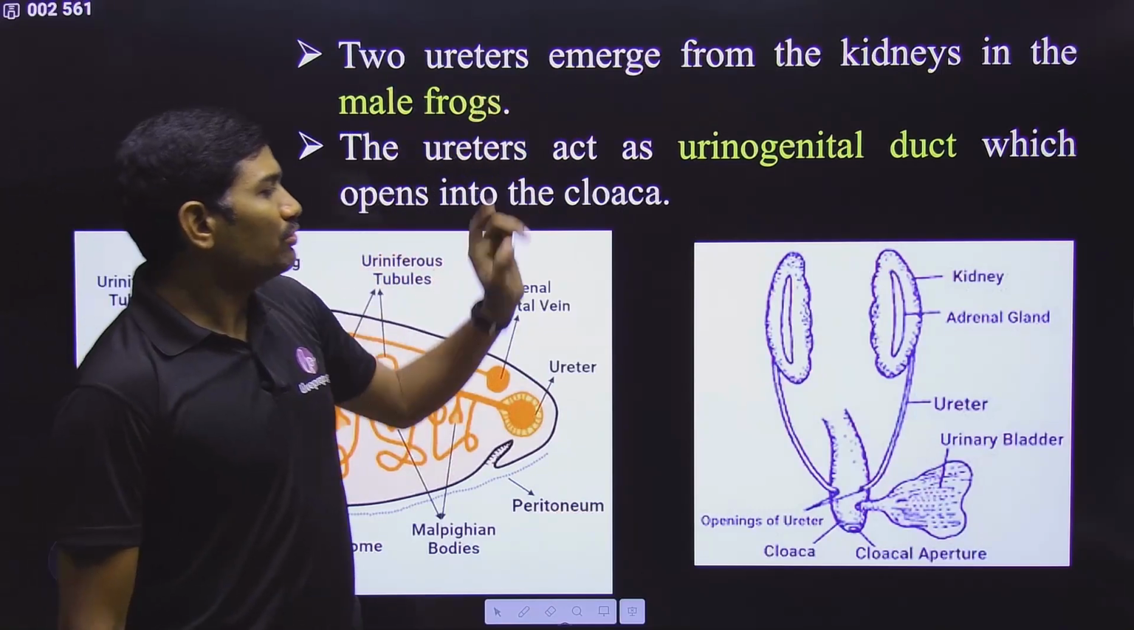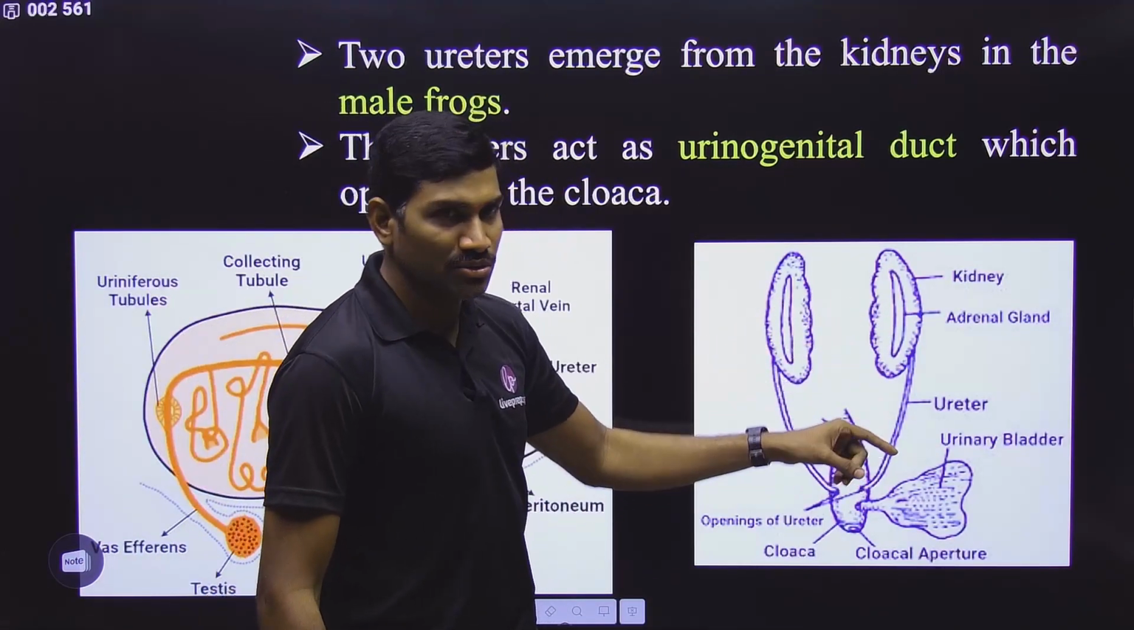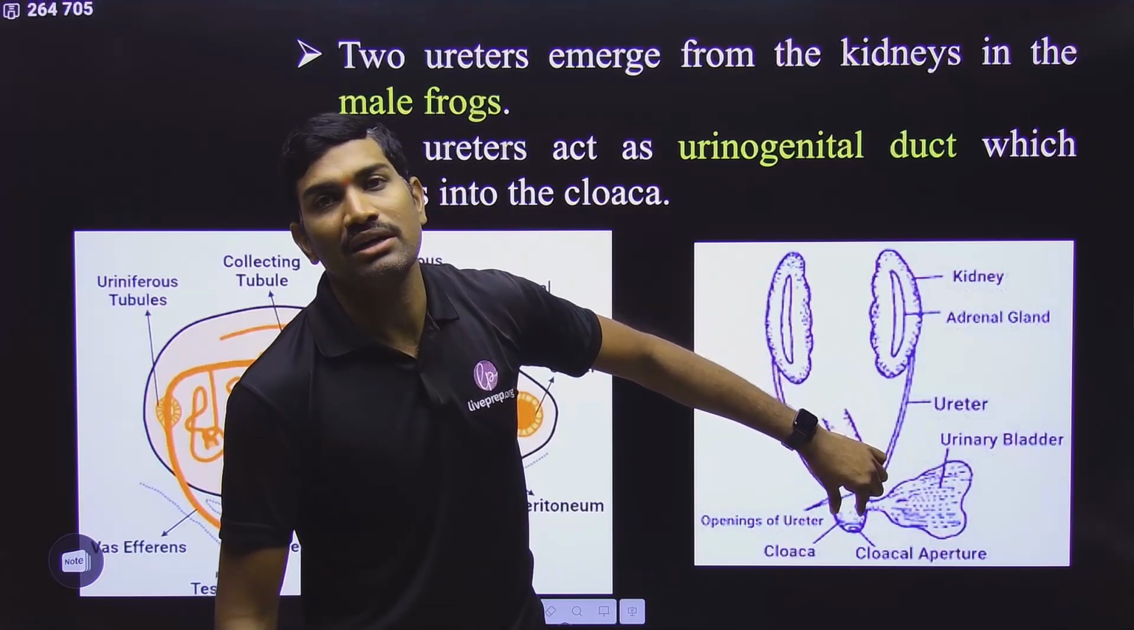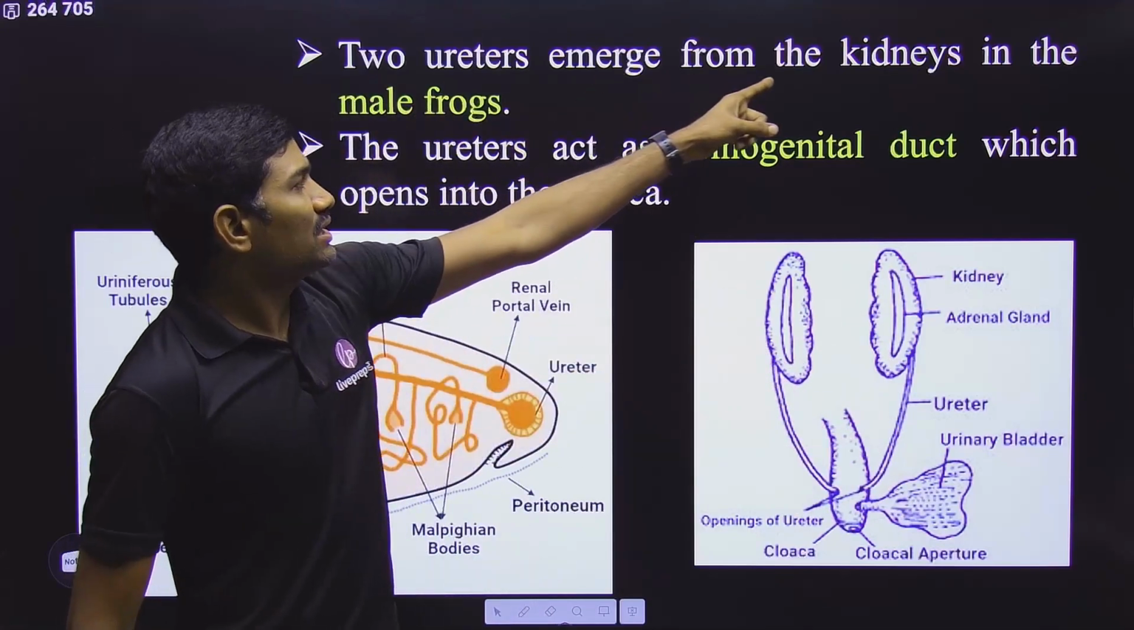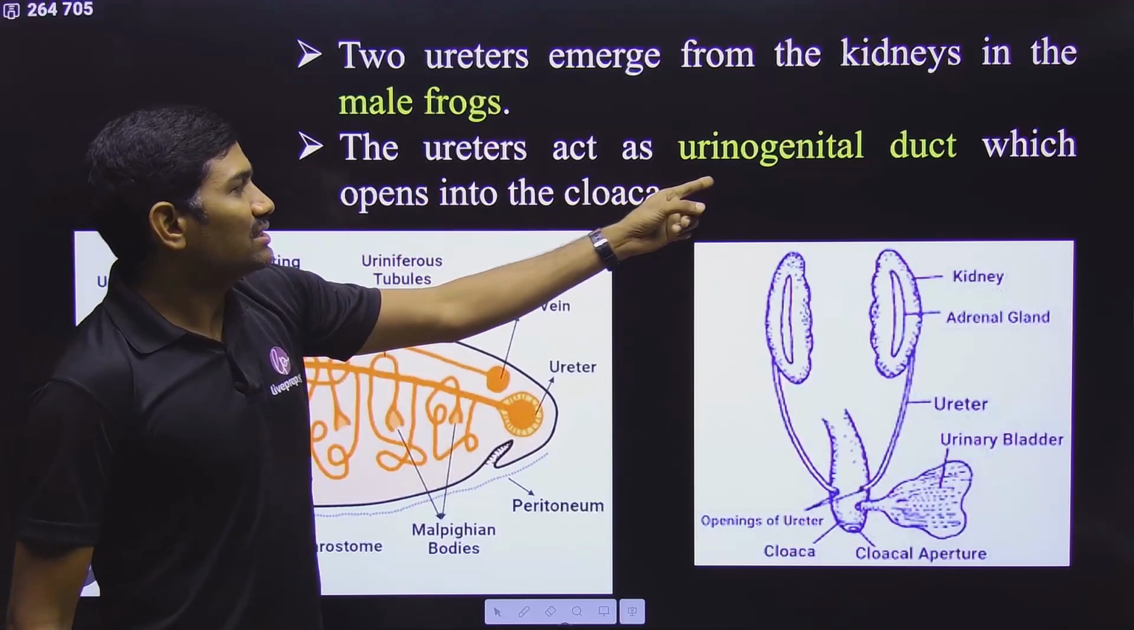Next one. Two ureters. So this is one kidney, this is one kidney. From this kidney, one ureter, from this kidney, one ureter. Both the ureters are opening into cloaca. Okay. So the two ureters emerge from the kidneys in the male frog. Yes, two ureters are there. Ureters act as